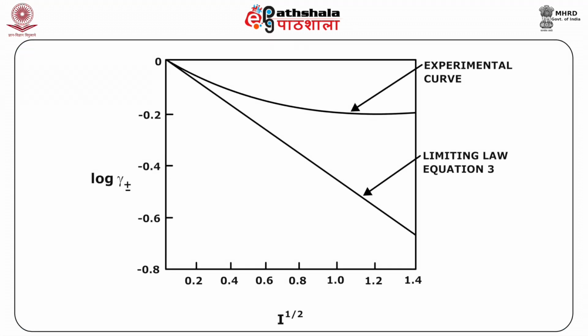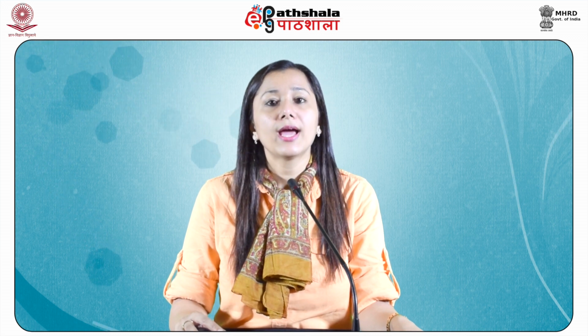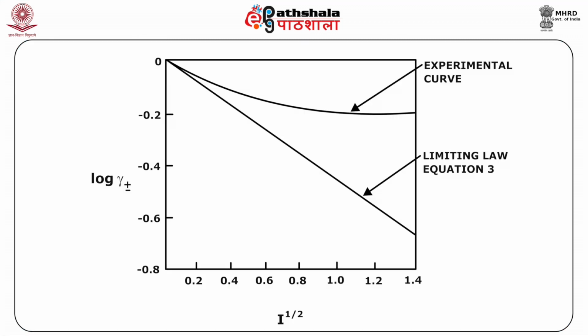If we examine the experimental plot of log gamma plus minus versus root I curve, at high concentrations the Debye Hückel limiting law fluctuates. The plot of log gamma plus minus versus root I is no longer a straight line but a curve as shown in the figure. Moreover, the curves do not only depend on the valence type, 1:1 or 2:2, but also on the particular electrolyte. It can be seen that at very low concentrations the Debye Hückel law is the law for the tangent to the log gamma plus minus versus root I curve. Thus, the model needs to be improved at higher concentrations because the value of mean activity coefficient even exceeds unity in some cases. The figure shows the experimental log gamma plus minus versus root I curve is a straight line only at extremely low